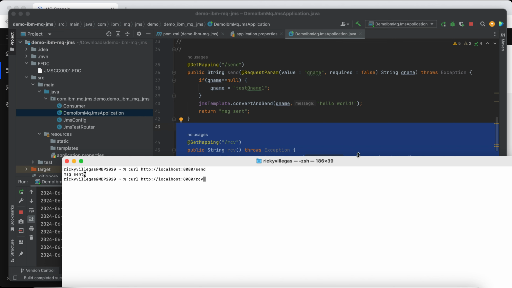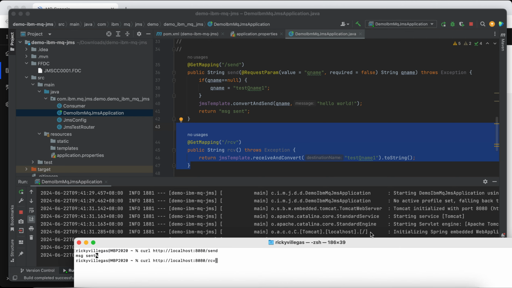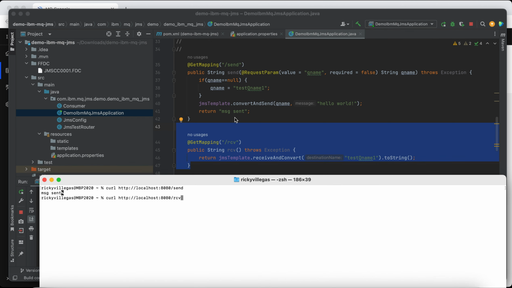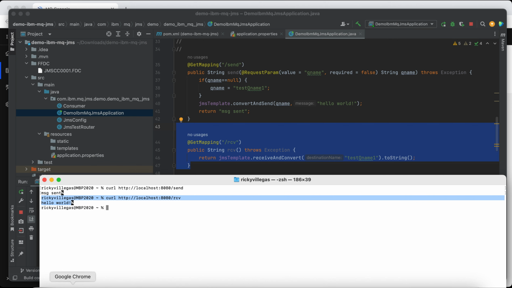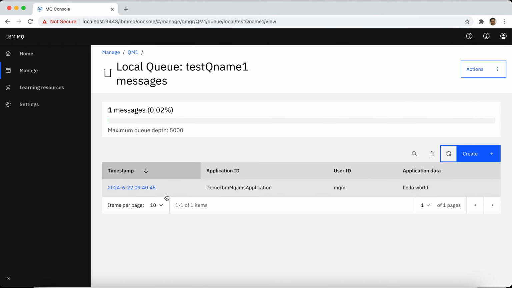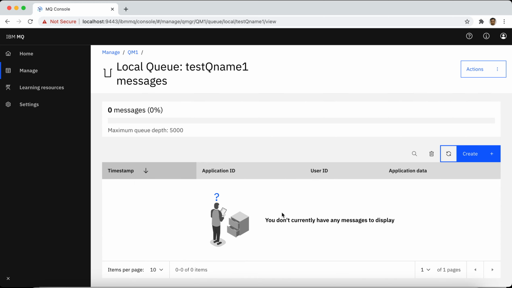When we hit this endpoint, we expect a message from this queue, which is hello world. All right, we get the hello world message. Then when we go back to the queue, the message will be deleted because we already received it, so the broker deletes it. Let's verify, refresh. All right, it's deleted.